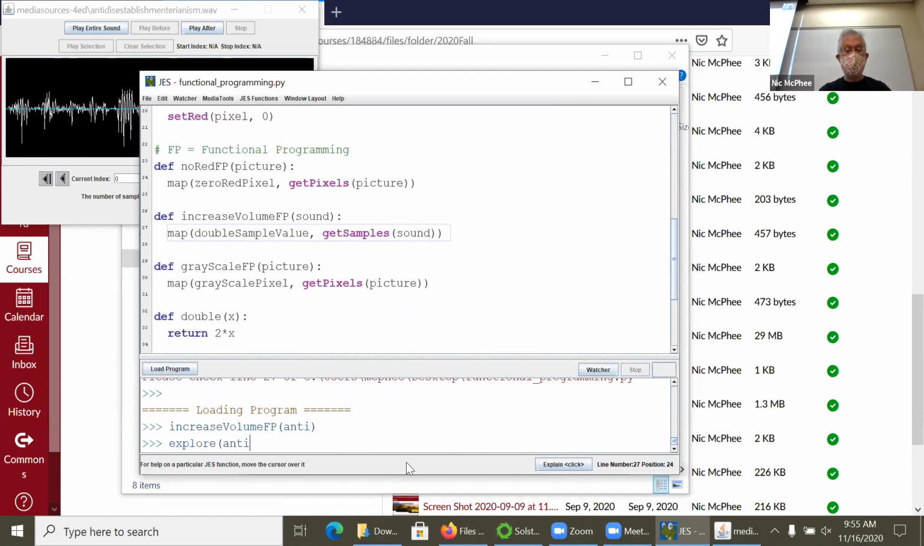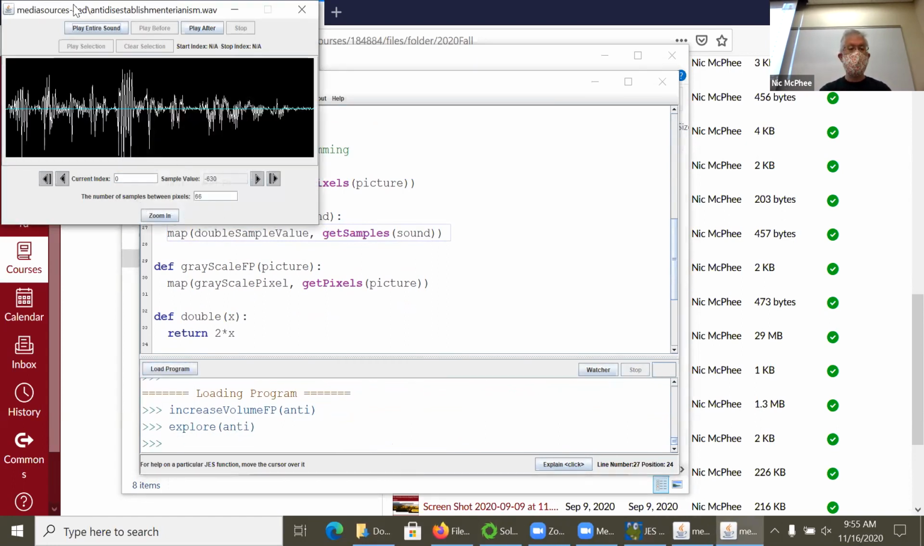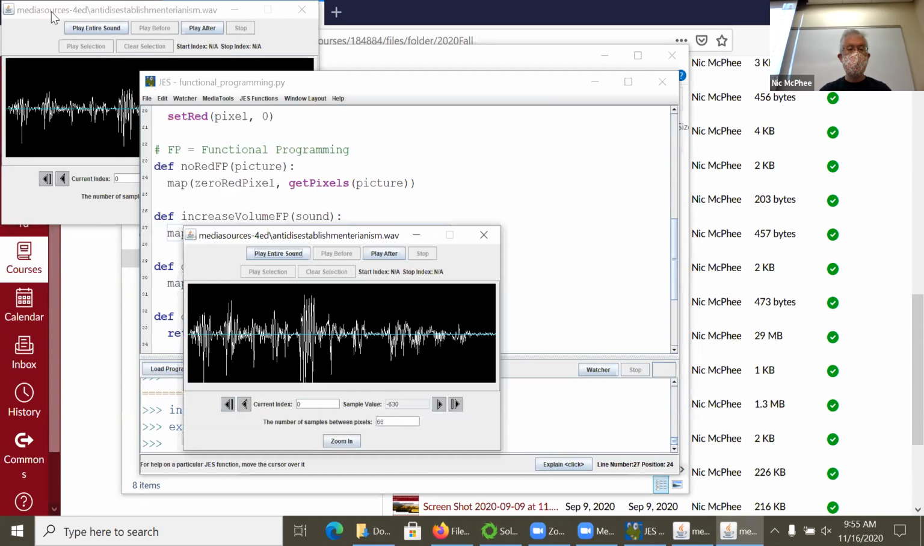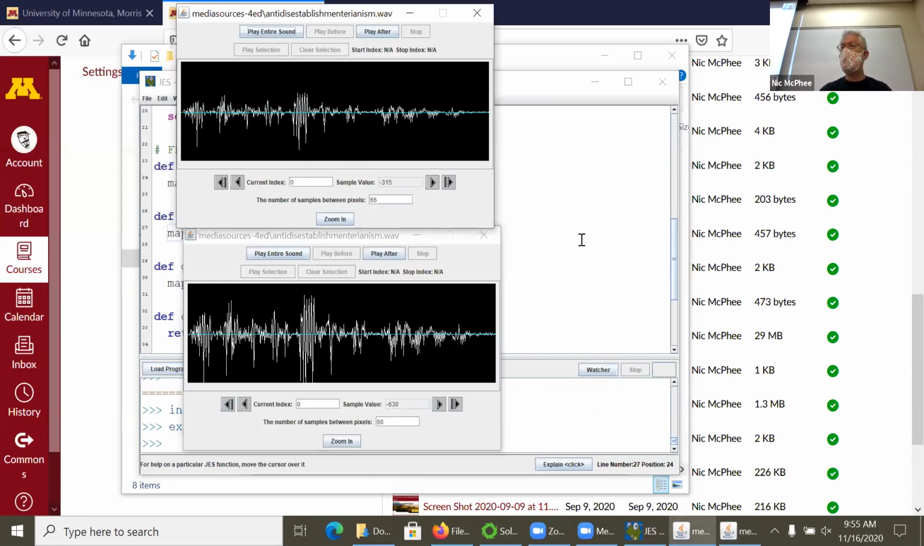If we explore the current version of anti, we have clearly cranked up the volume. Right? So even without playing them, it's obvious that the new one is considerably louder than the old one. So if we play it,